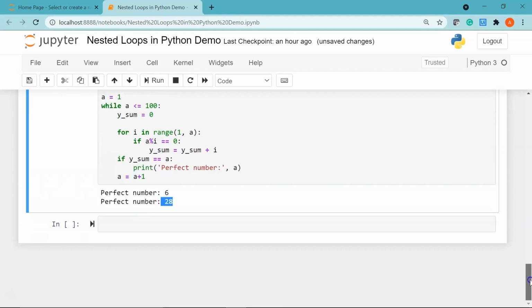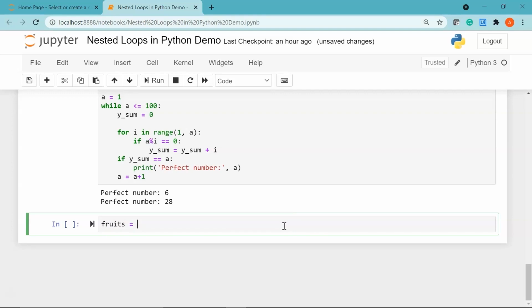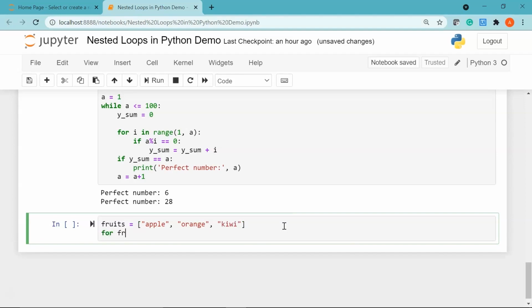Okay. Now coming to the final example in our demo on nested loops in Python. Here we are going to print each element in the list 5 times. So I'll first declare my list, let's say fruits, which has apple, then we have orange, and let's say we have kiwi. So I'll say for an iterator fruit in fruits,